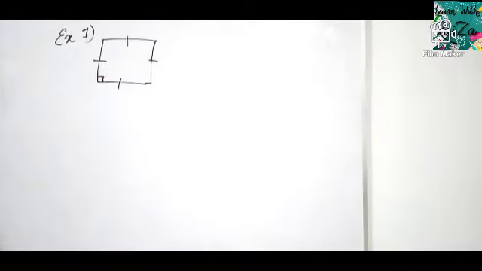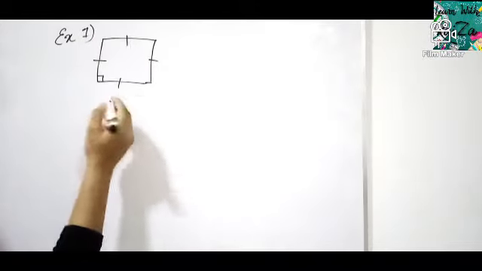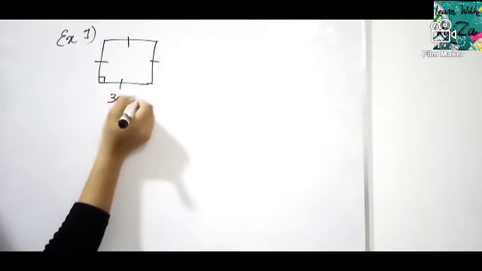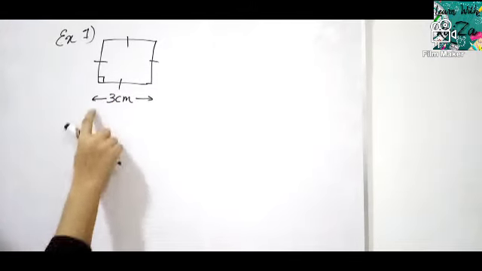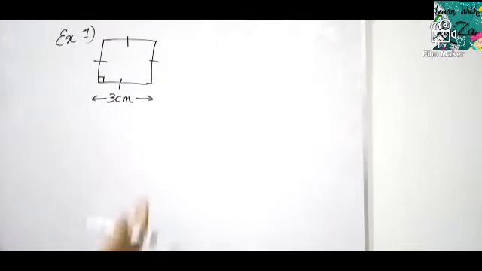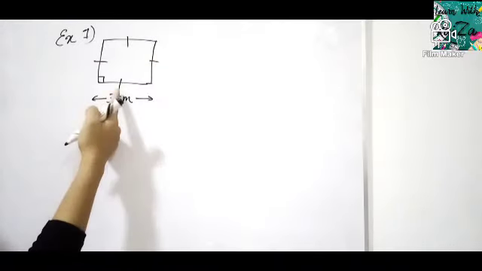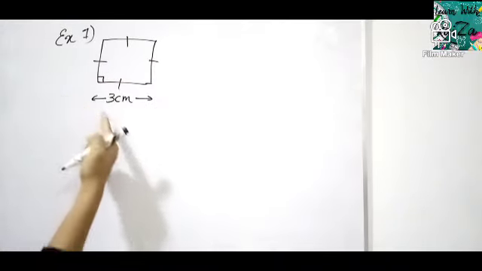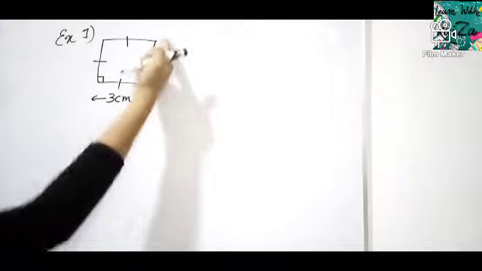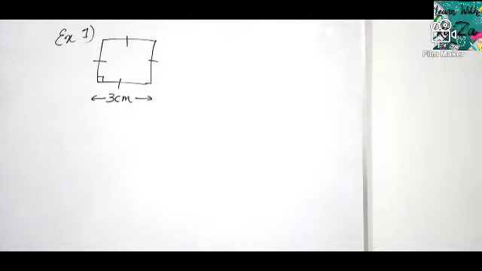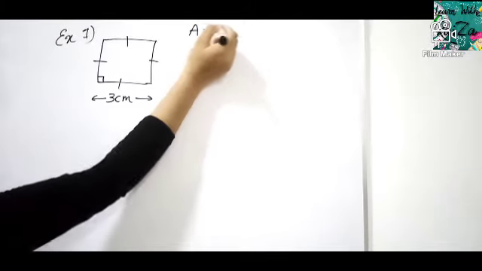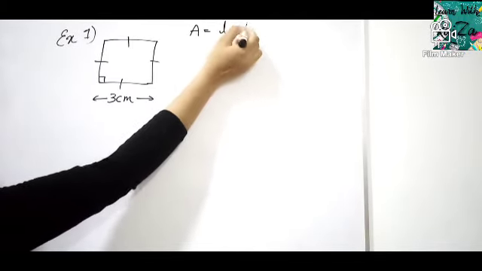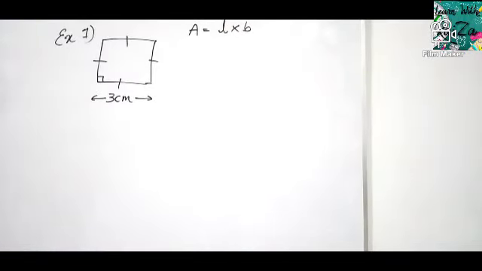Now I have taken a simple square here and I give this length as, let's say, 3 cm. This length is 3 cm. So suppose in the exam, if they give only one length, don't think that my god, breadth is not given. No, because since all sides are equal in a square, if this is 3 cm, the breadth is also 3 cm. So since this is a square, all sides are equal, and the formula, as I said, area is equal to length into breadth. Length into breadth is the area.